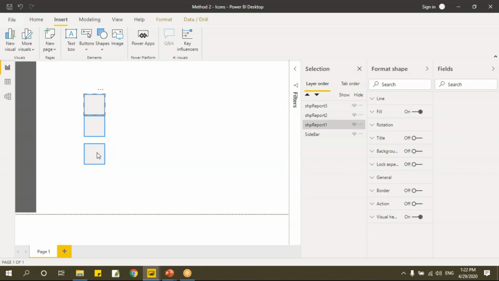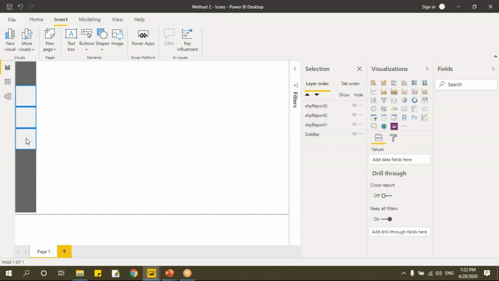All these 3 you can just select like this. Select this by holding Control, and I'll take this and keep it somewhere, wherever you feel, just fit this here like this. Now if you can see, I have these 3 shapes. Later we'll format it, let it be as is. Now we'll take the icons.